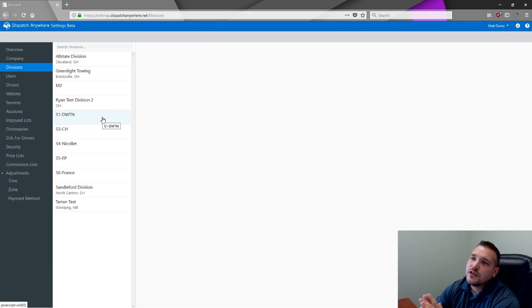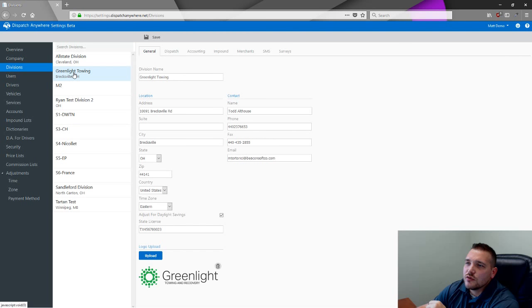All right. Now your divisions or your locations. So in this case, in our database, we have multiple divisions set up here. Typically, most customers have one or two, depending on the situation. Now, this isn't necessarily your impound lots as far as locations. This is either the company or grouping of accounts that you're going to separate your sales out by. Or if you do work with motor clubs and you have multiple locations that they calculate en route from, we're going to have multiple divisions